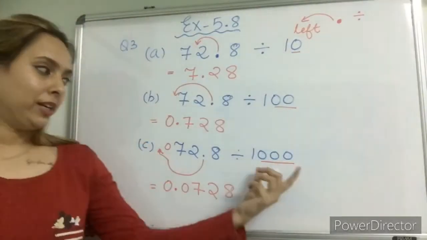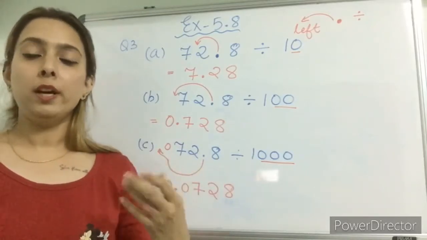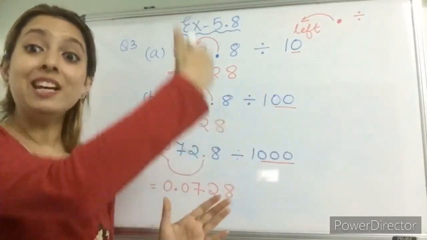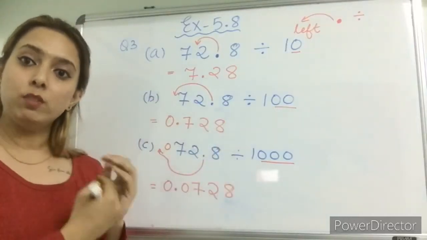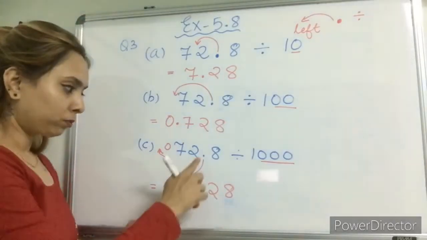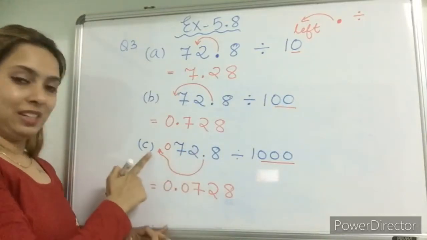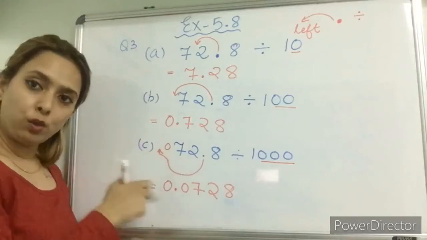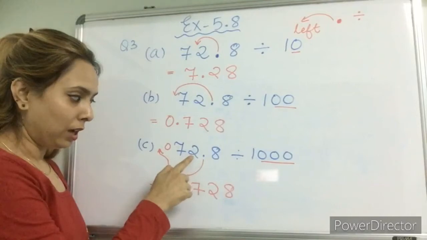When we have 3 zeros, and if we are less with numbers, in the same way we put 0 at the end when we are shifting the decimal towards the right side. In division, when we are shifting the decimal towards the left side, we will keep on putting zeros to fulfill our requirements. So we have to shift this decimal before these 3 numbers. Here we are having only 2 numbers, so I will put 0 first. I cannot write 0 after this 2.